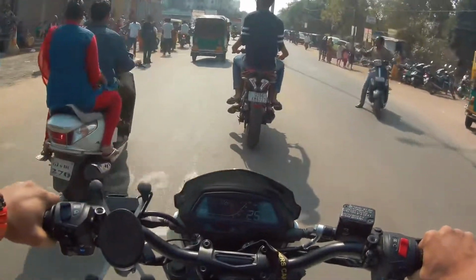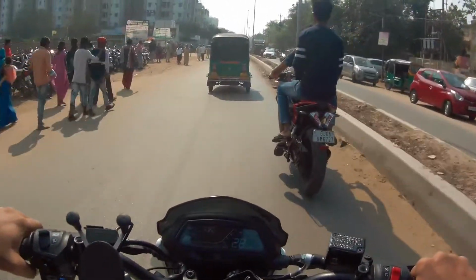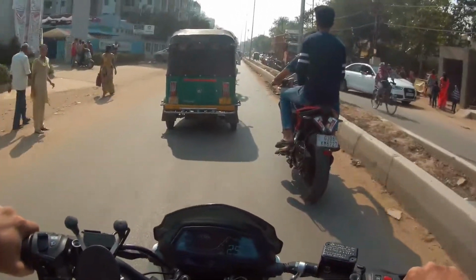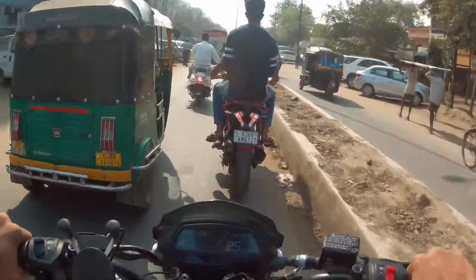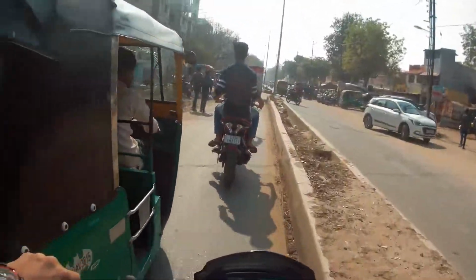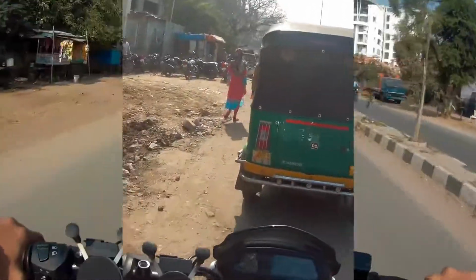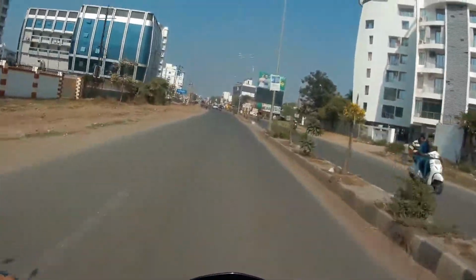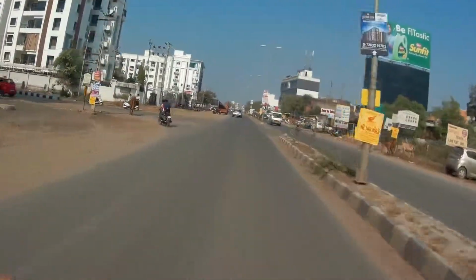But the con of the bike is that it is way too heavy. Yes, it is 182 kg. It has a 12 volt battery, 157 mm ground clearance and 1453 mm of wheelbase. Taking a U-turn on this bike is very difficult because it is a long bike and it requires a long U-turn. So I will be taking it for a short run, guys,